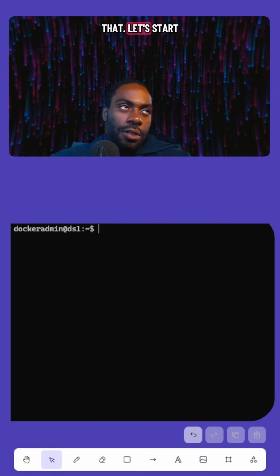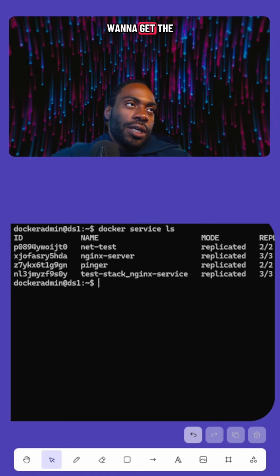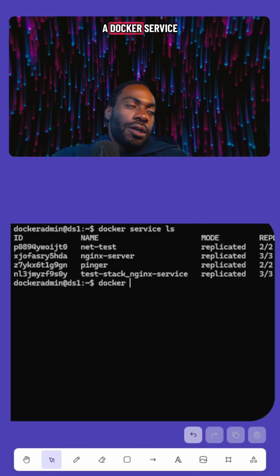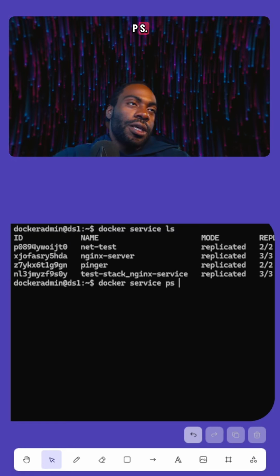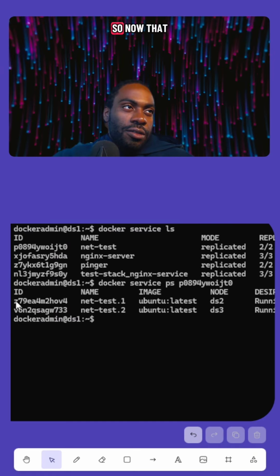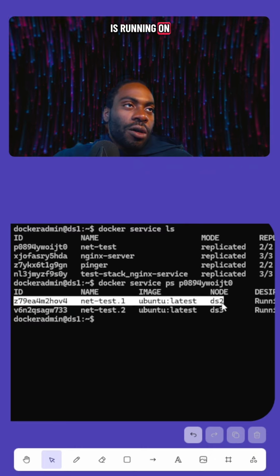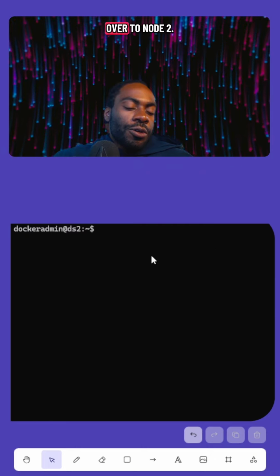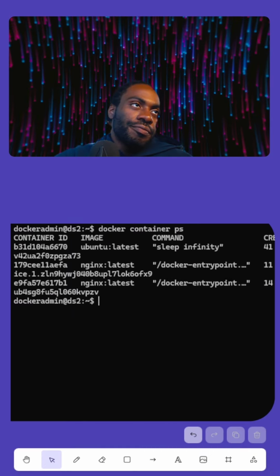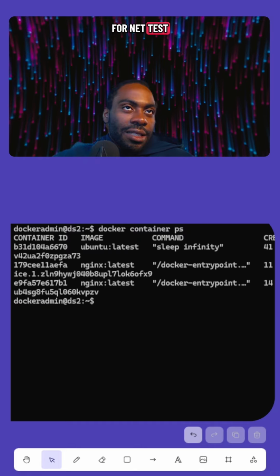So let's test that. Let's start with a docker service ls, and then we want to get the container or service ID of net test. Then we do a docker service ps and confirm it's running, and that gives us one of these containers. So now that we have confirmation that the container is running on node 2, let's hop on over to node 2, or we can do another docker container ps, and we get the container ID for net test that is